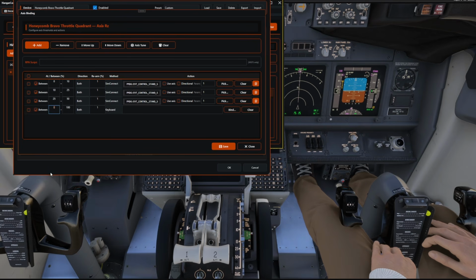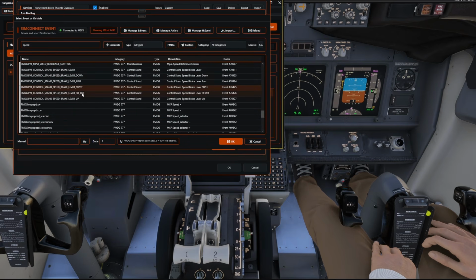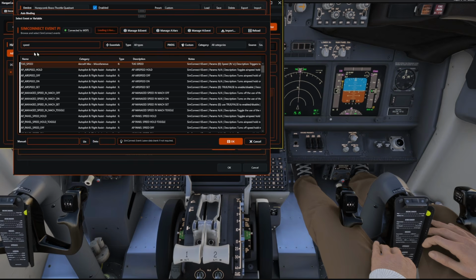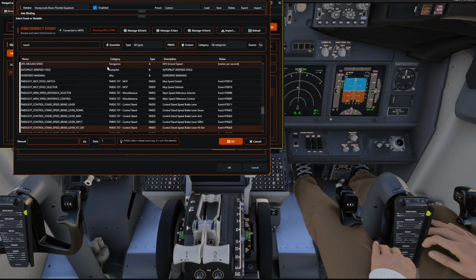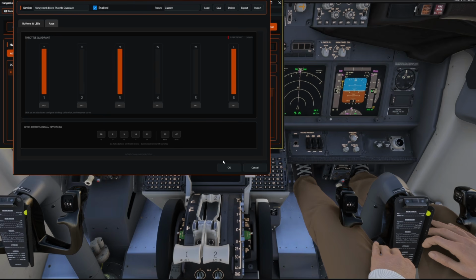And we're going to go between. And this one's going to be between 50 and 75. And this one's going to be the flight detent. And the last one for the spoilers or speed brakes is going to be speed brake lever up. And so that's obviously going to be between 75 and 100. SimConnect, pick, lever up. And we're going to hit save. And then when we move our axis,